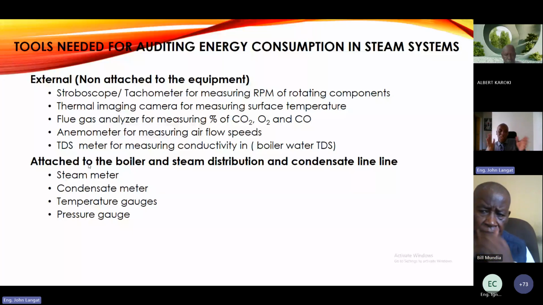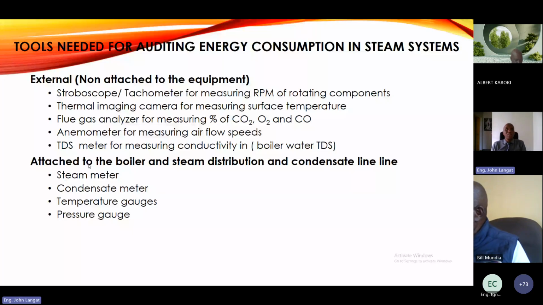Of course, there are other attachments. You have the safety valves, you have the Mowbray system. The Mowbray system has what is called an alarm, where in case the water level comes below a certain level, it shuts down the ID fan and cuts out the supply of water to the boiler. That's called Mowbray's. Of course, when you are doing an energy audit, perhaps you are also doing a maintenance audit. You see, maintenance and energy go hand in hand. Poor maintenance will result in